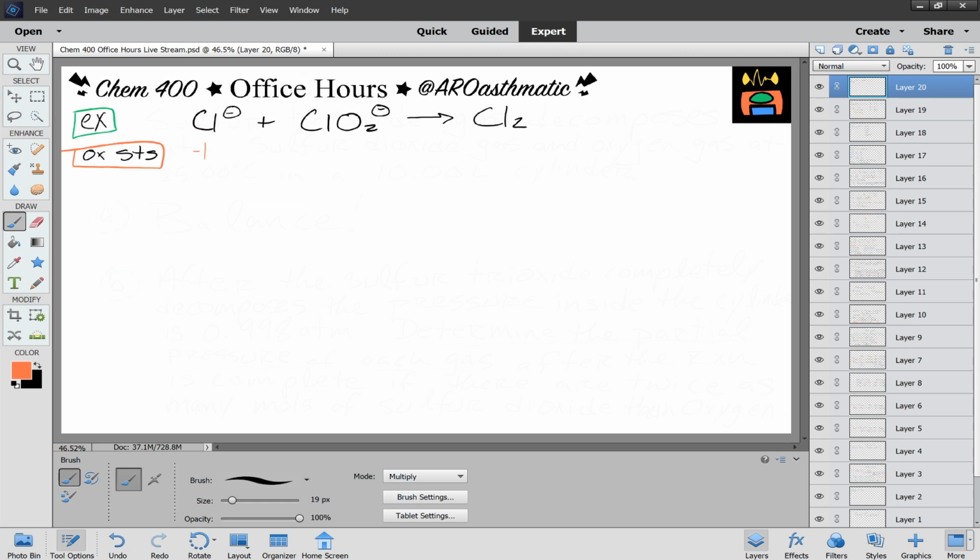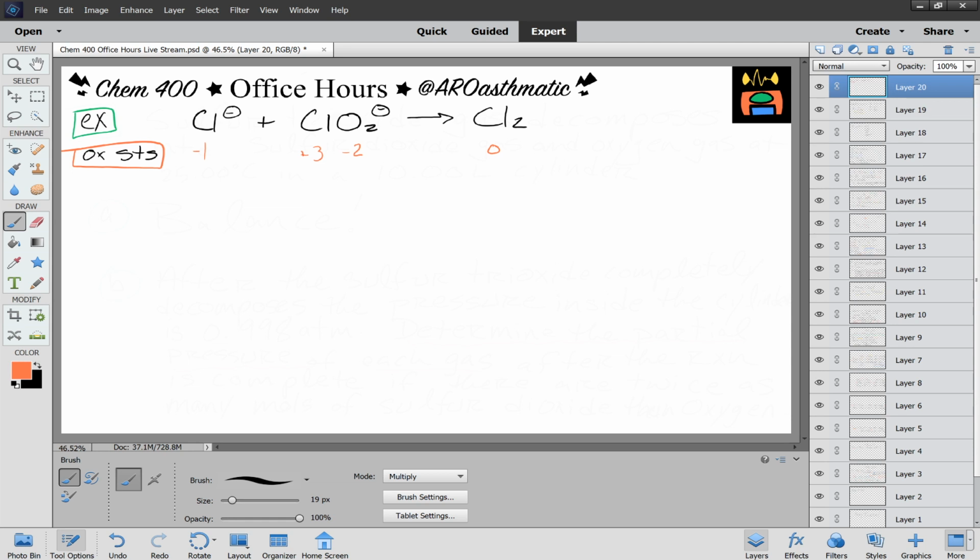Doing the easy ones first, the chlorine in chlorine has an oxidation state of 0. Now, when you look at chlorine and oxygen in chlorite, we know that the more electronegative element in the compound will take its regular ionic charge. So oxygen has an oxidation state of -2, and chlorine then will have to have an oxidation state of +3,